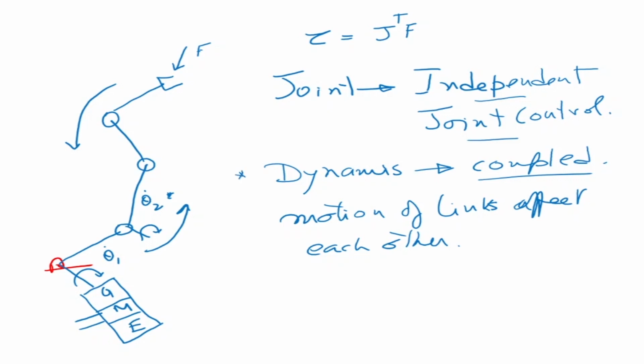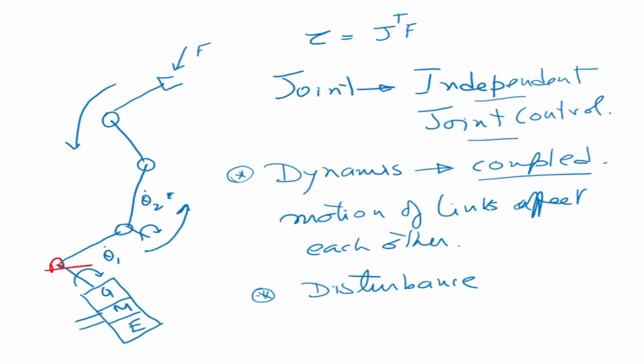Now, what is this dynamics doing? This dynamics is essentially acting as a disturbance in the system. That means when the controller is trying to move the link in some direction, the dynamics is disturbing it. And that is what essentially makes robot control very, very difficult. Now, the poor controller has no way of knowing what the dynamic forces are coming from the other links, because there is no way of computing dynamics in real time and taking corrective action. So although we are using independent joint control and making the assumption that this is a linear system, in reality this is a nonlinear coupled system,